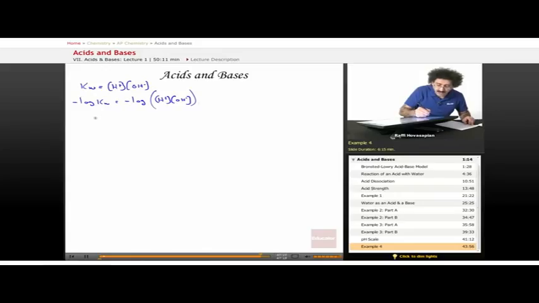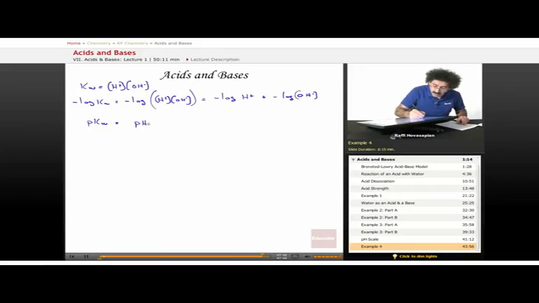Well, negative log of Kw is pKw. That's it. That equals negative log of H plus, right? Plus the negative log of OH minus. You end up with